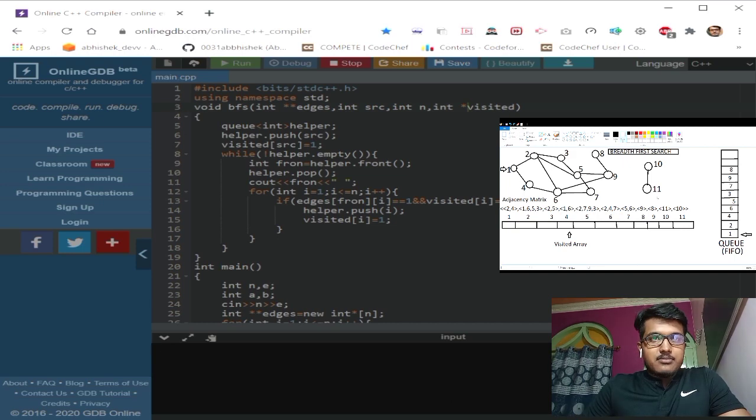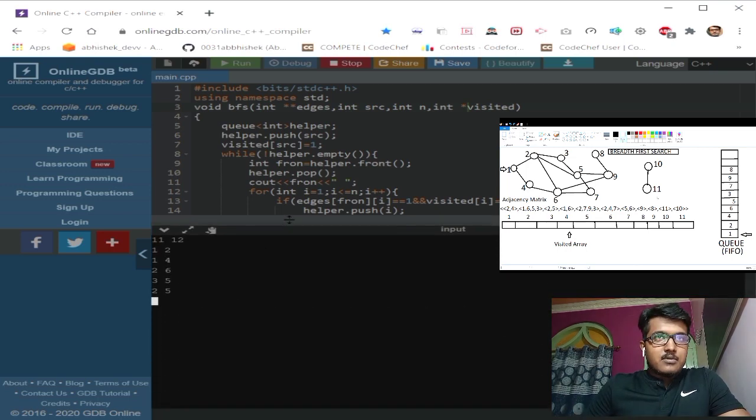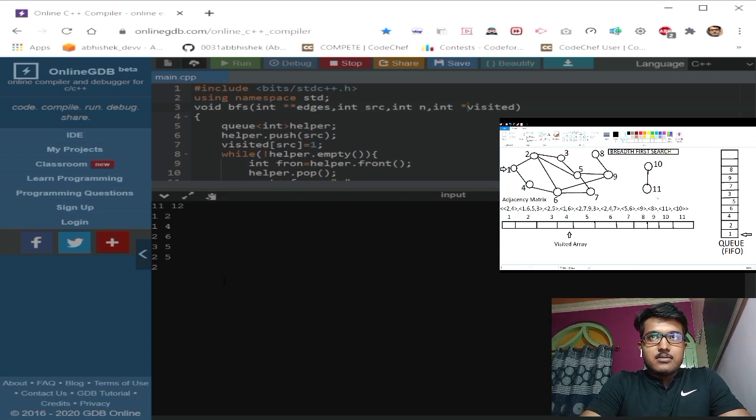Now I'll pass this input. 11 is the number of nodes, and then 1 2, there is a path; 1 4, there is a path; 2 6, there is a path; 3 5, there is a path; 2 5, there is a path; 2 3, there is a path; 5 7, there is a path; 5 9, there is a path; 4 6, there is a path; 6 7, there is a path; 10 11, there is a path.